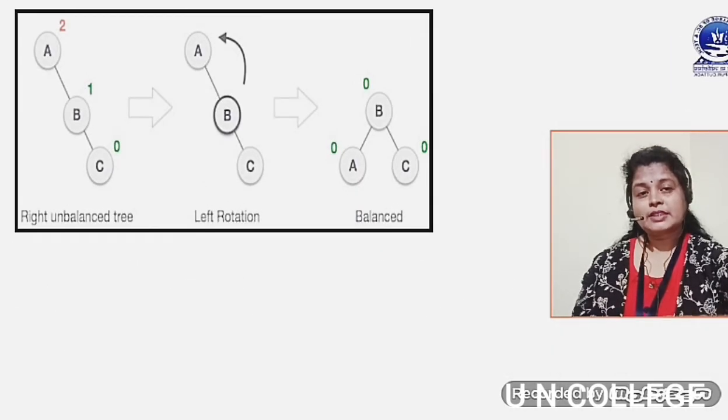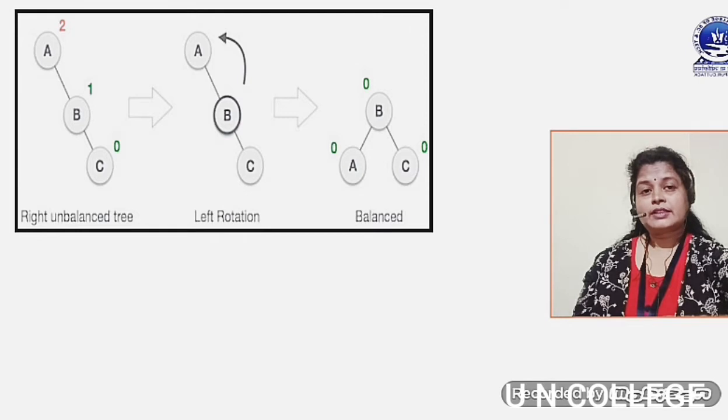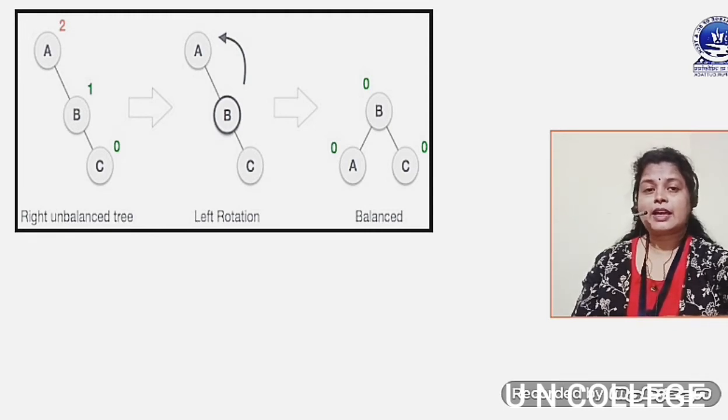Here I have represented the RR rotation diagrammatically. You can see here that the first node is A, and we have inserted the second node as the right child, that is B. Whenever we are inserting the right node at the right side and it is not having any left child, the balancing factor of A is -1, but it's okay. But if we are inserting one more node, that is C, at the right child of the right node, that is B, now the tree is imbalanced.